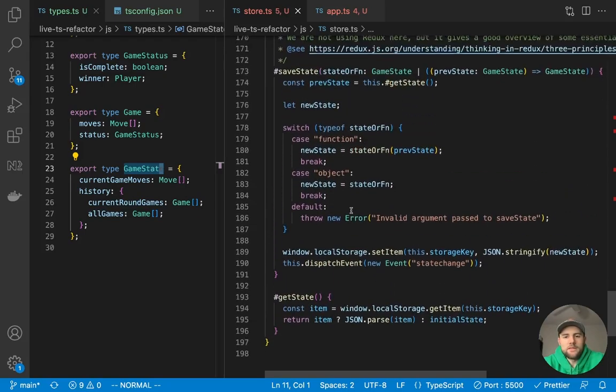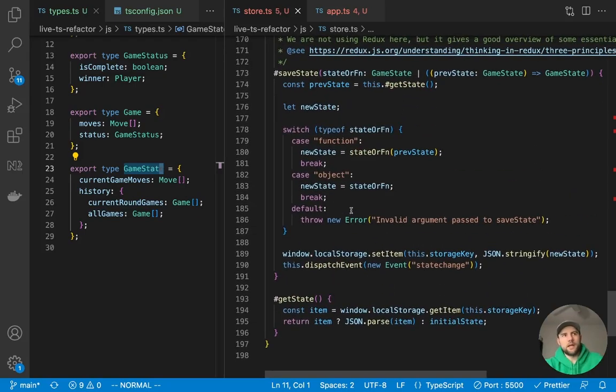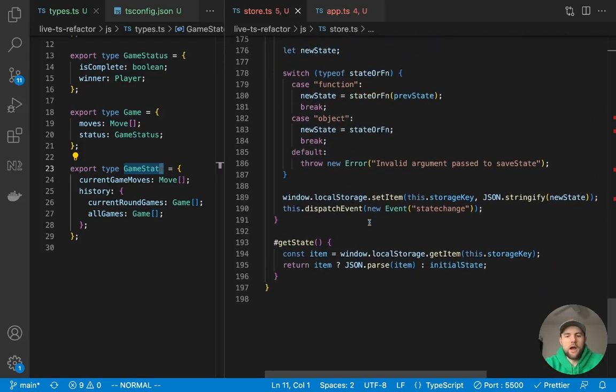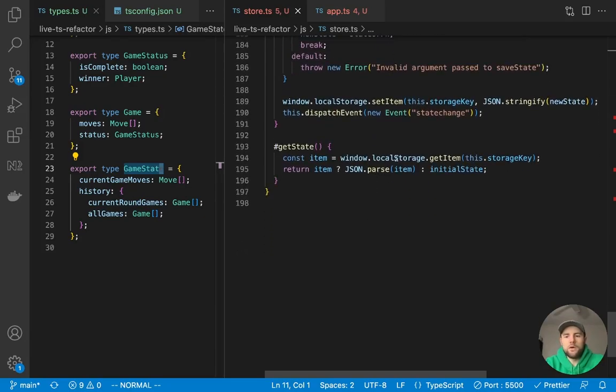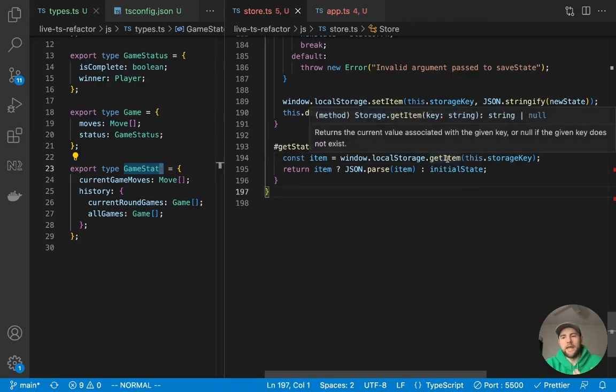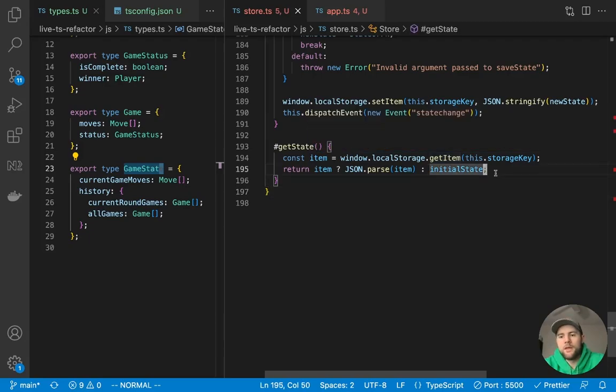One way that we can do this, and this is a little bit tricky with TypeScript, it's not super obvious, but when we do localStorage getItem and setItem, it's not going to return a type. So getItem is going to, by default, return a string or null.